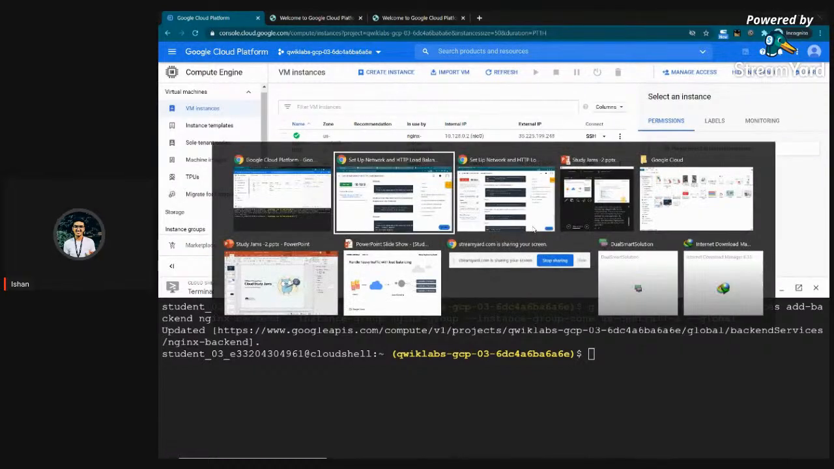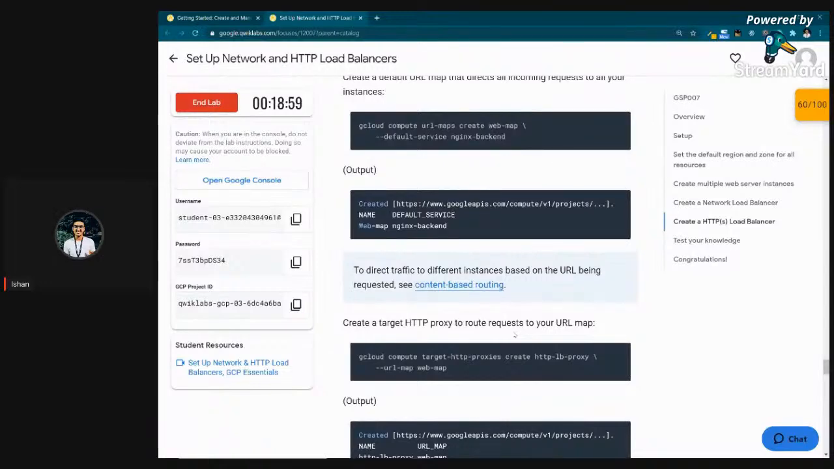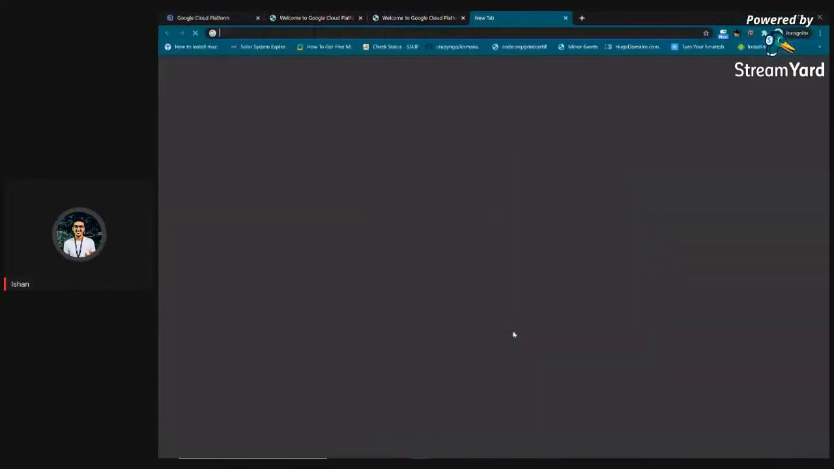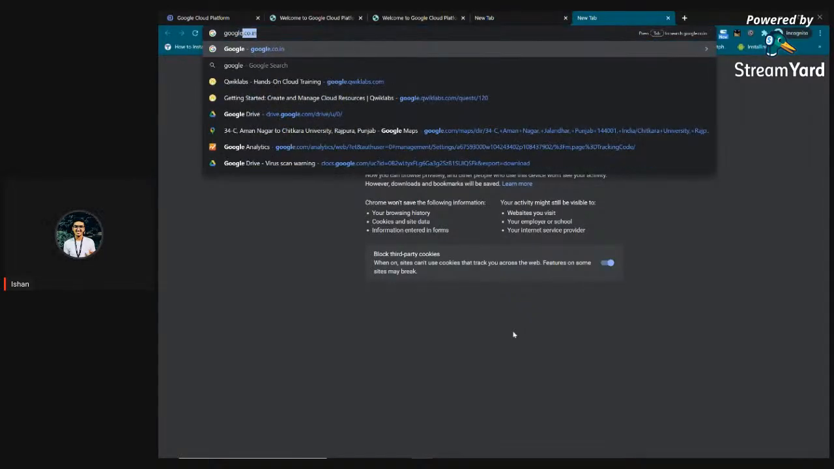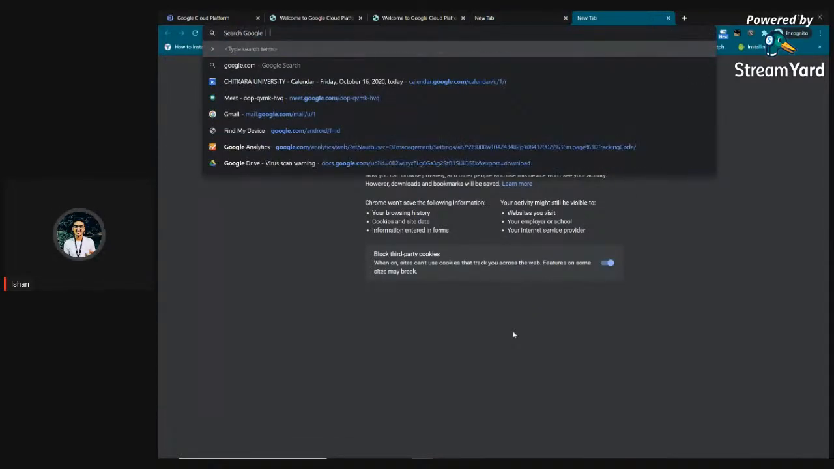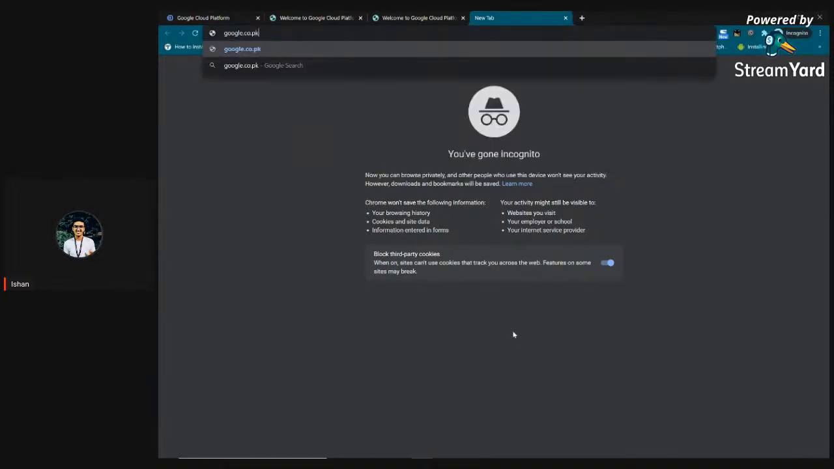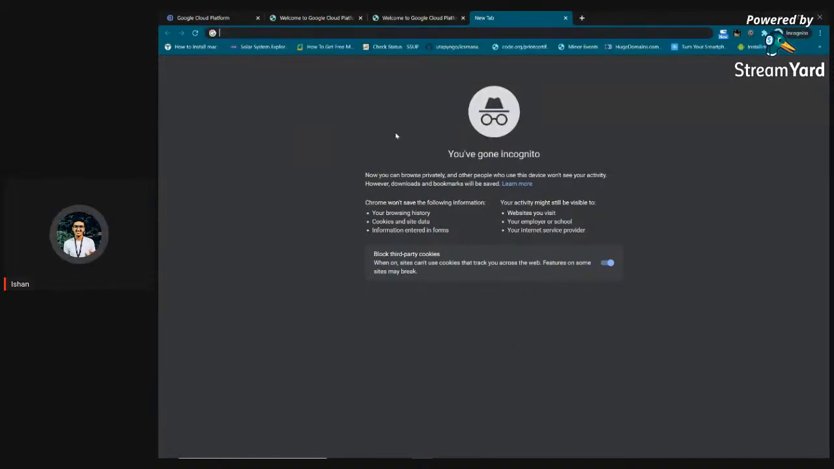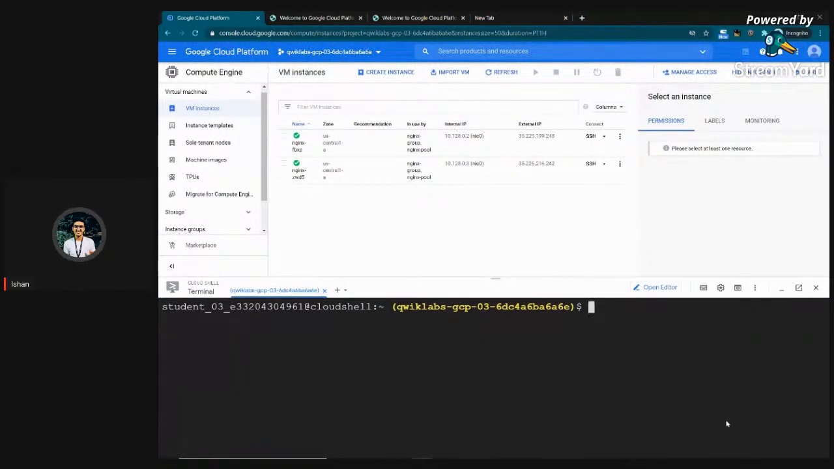Now we want to create a URL map. A URL map basically contains all the different URLs that you want to use. For example, let's say I am google.com and I have different URLs, google.co.in, google.com, and for other country specific regions, I have google.co.pk or maybe some other. So for this, we can use URL maps to create a list of different URLs and map them to specific